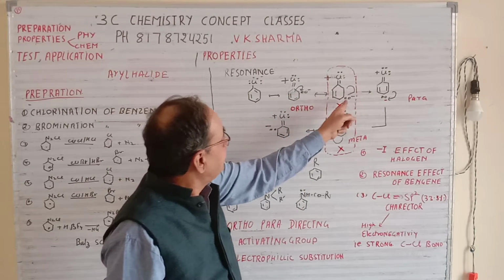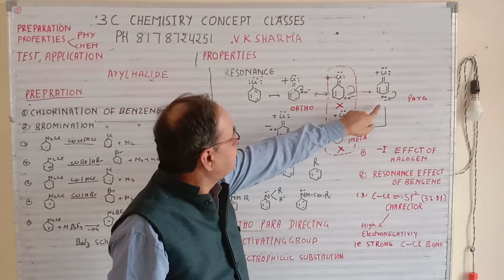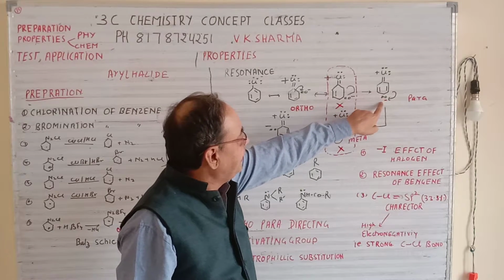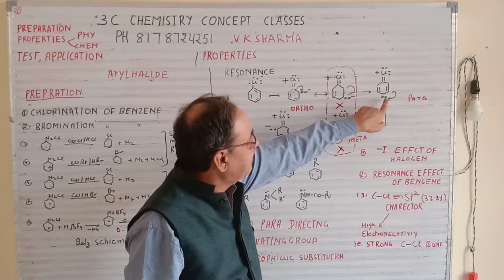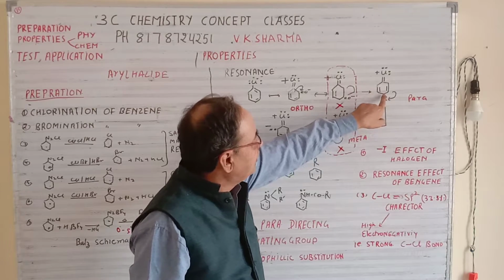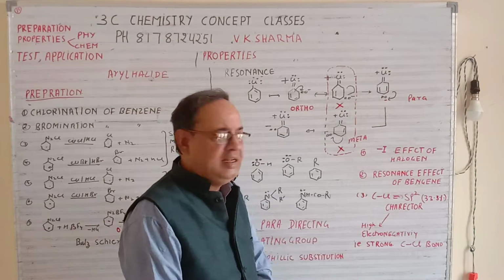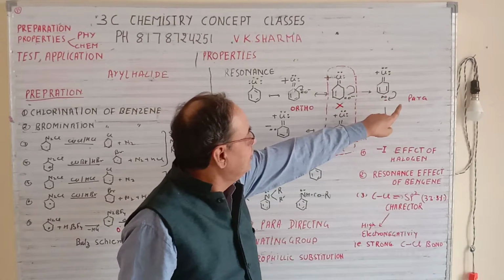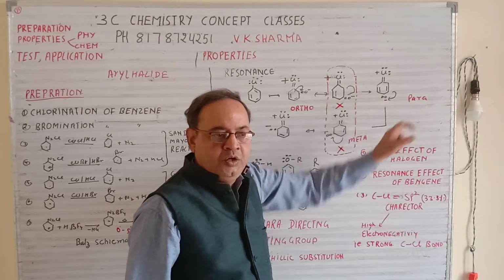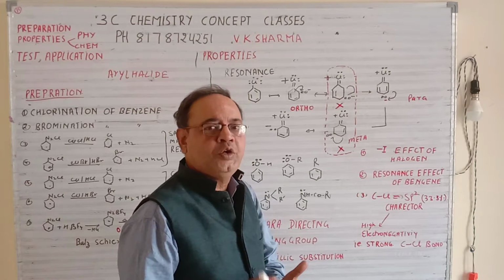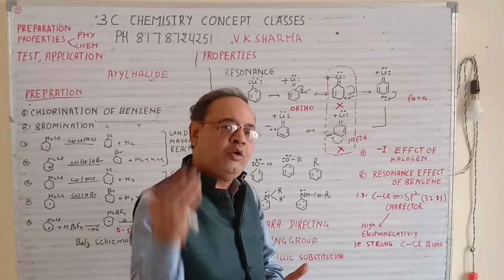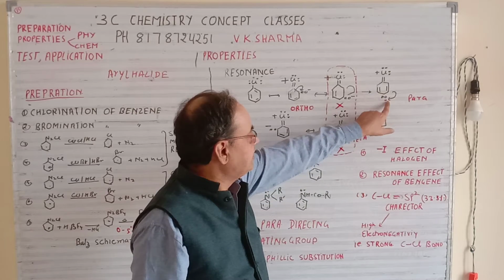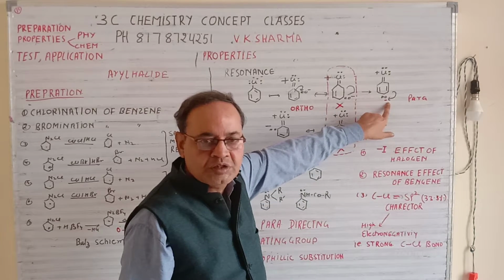So when this electron further moves to this position, again with the negative charge, the carbon will have a valency of 4. If you see, valency 4 is satisfied everywhere with one negative charge. So this is your para position. When the para position has the electron, any electrophile can attack the para position also. So the reaction is also possible here due to stability.